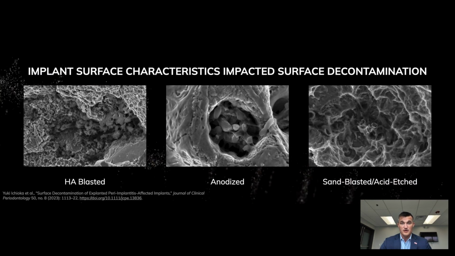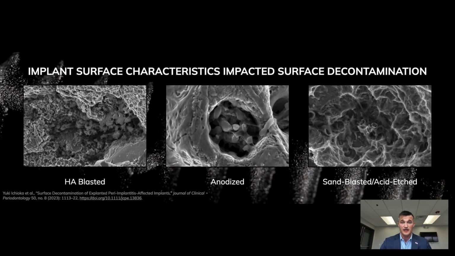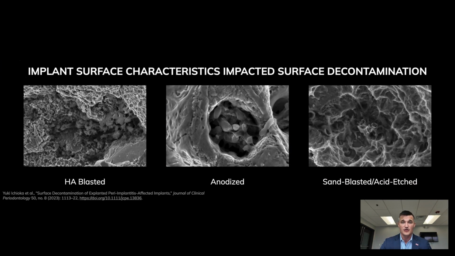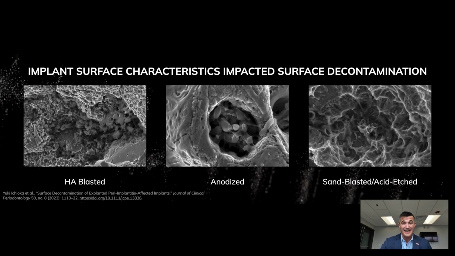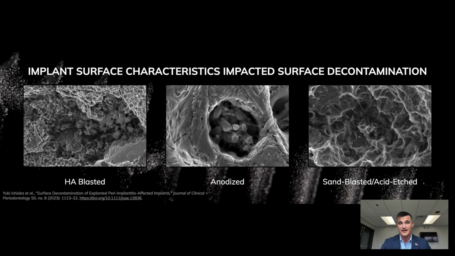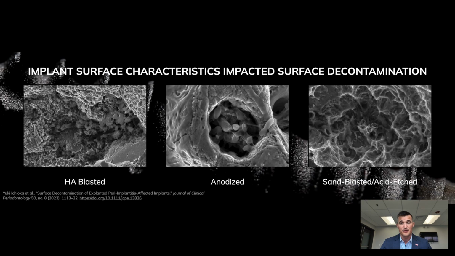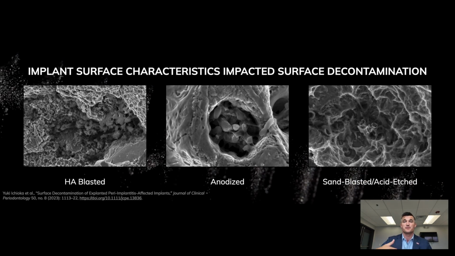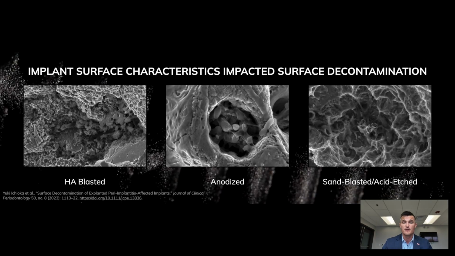And what they found was, as you might assume just from looking at those surfaces, very significantly it impacted the ability to remove all that bacteria. And those anodized implants, you saw all those tiny little pits that were present on that implant. Each one of those was a niche for bacteria that was protective and that we could not remove the bacteria